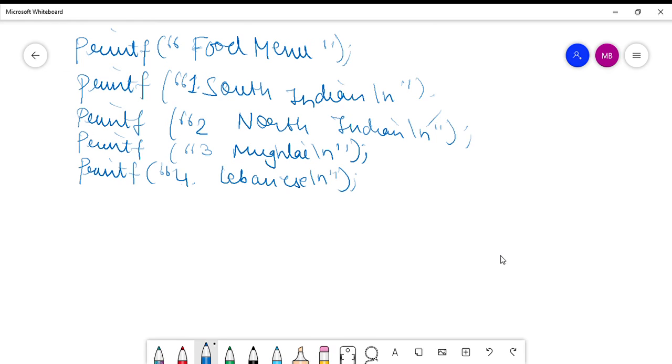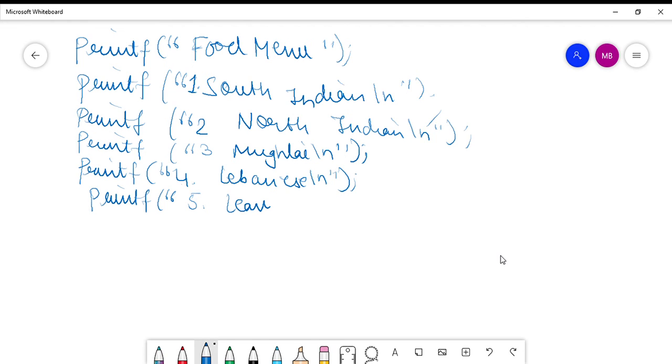Now of course out of these you have to choose some of the options, either one or more than one, whatever. So you ask the customer, and maybe there is nothing that the customer wants to choose out of them. So you say that option 5 is leave.